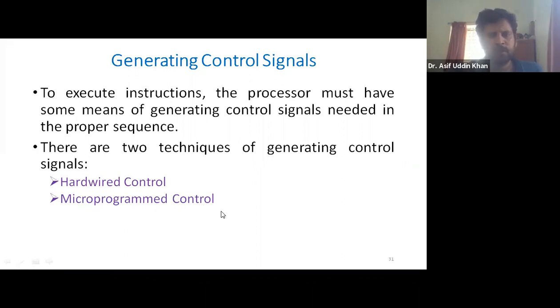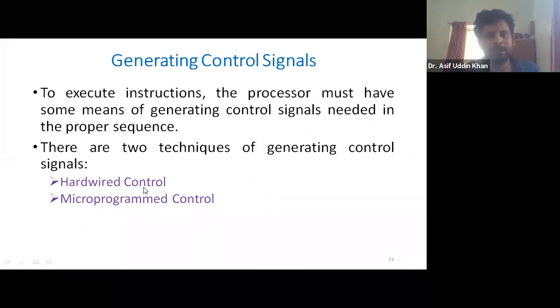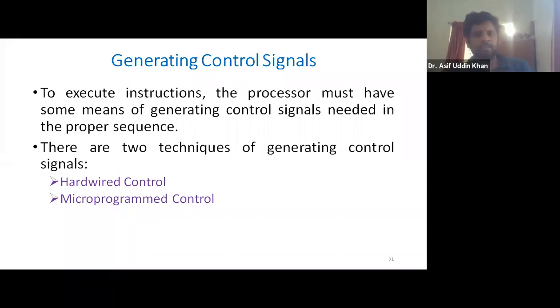And this microprogrammed control unit is very flexible, and complex operations and complex control signals can be generated by using it, because it is software based. And this hardware control unit is very fast, but the problem with it is that complex instructions cannot be generated easily, because if you change the instructions or your instruction is complex, then you have to do that type of wiring, because you are using hardware to generate the signal. So you have to connect and disconnect all the wirings, and many times that will be very complex. So let us discuss first the hardware control unit.